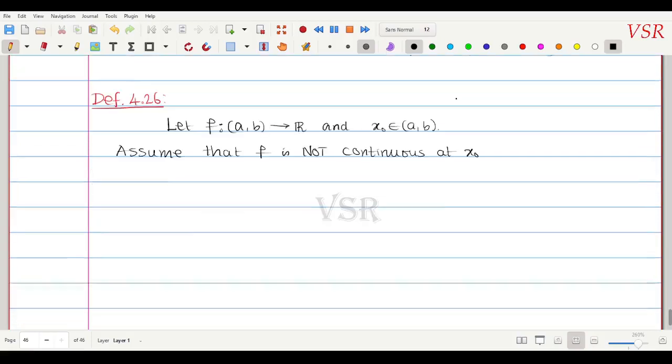We say that number one, we say that f is having simple discontinuity at x naught if both